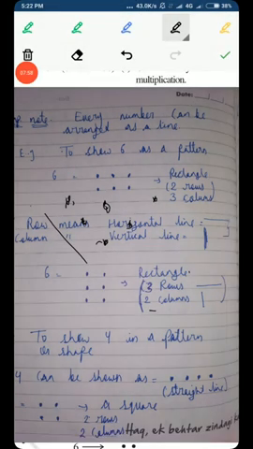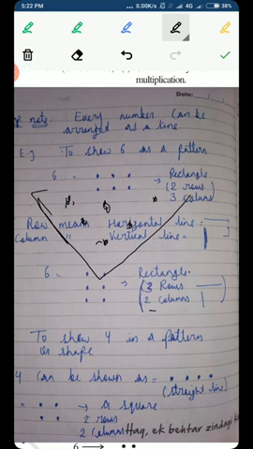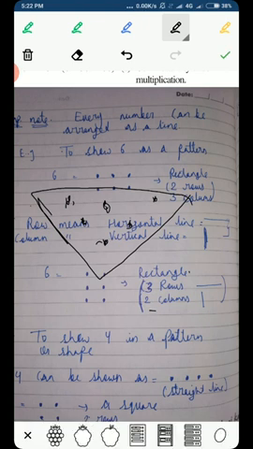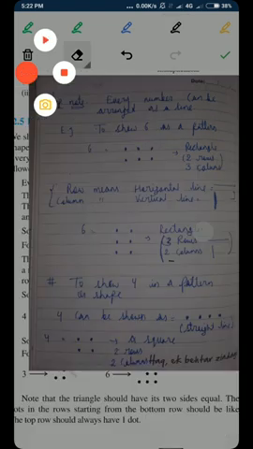And if you visualize what we have drawn quite deeply, you will see that the shape of a right angle triangle is drawn here with the help of these 6 dots. So 6 dots means the number 6 is represented, 7 dots means 7 is represented. Whatever number we are expressing, we have to keep in mind that while drawing the pattern, we can use only that many dots in the shape.